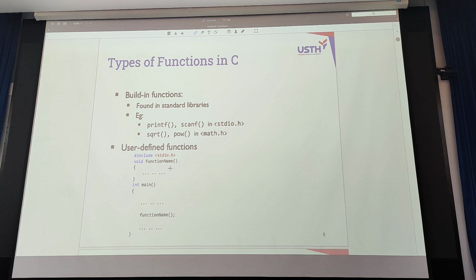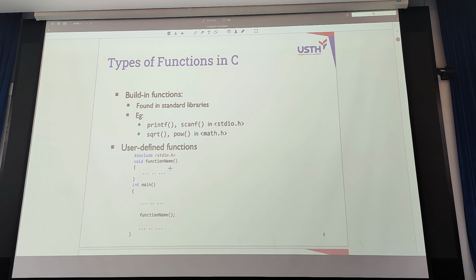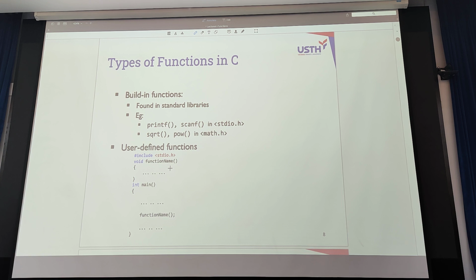If you want to compute, let's say, the average GPA of our class, let's say you input the GPA of 680 students, and in order to compute the average GPA, you want to write a function to compute this average value. And this time you can define your own.